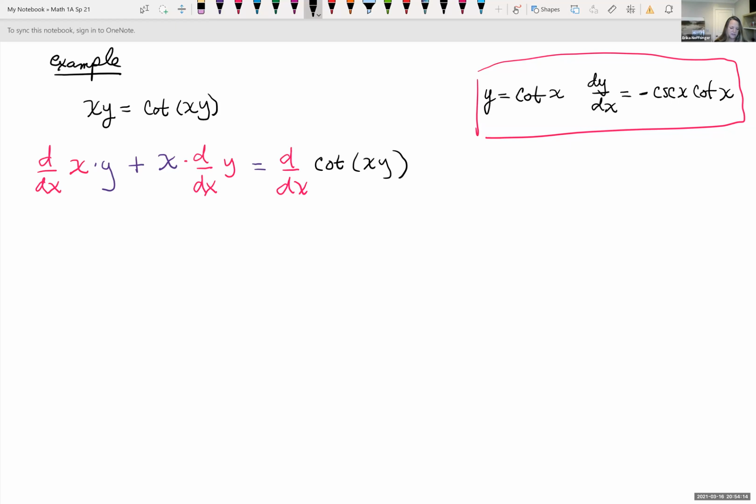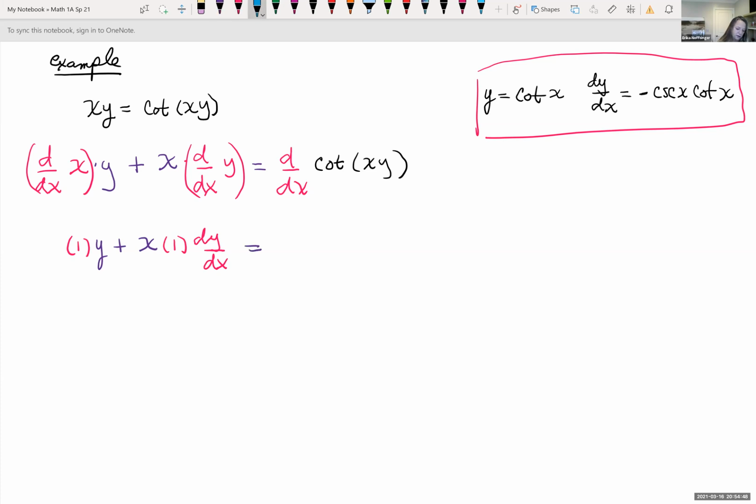Okay, so let's look on the left-hand side and let's go through and take the derivative of the piece that we need to and keep the other piece the same. So the derivative of x with respect to x is 1. So we have 1 times y plus x, and the derivative of y with respect to x is 1. But y is some function of x, so we have to take the derivative of that inside. So times f prime of x, or dy dx. Equals,